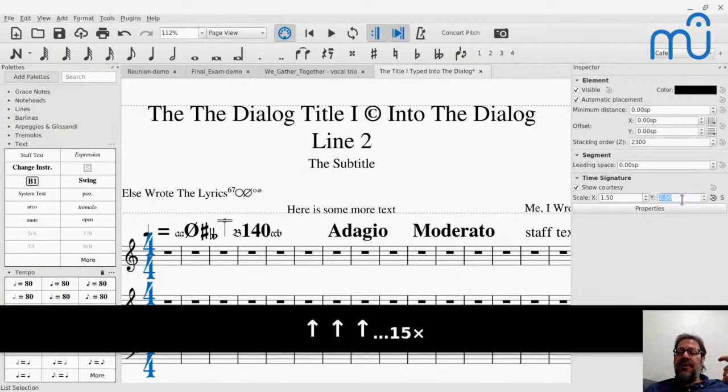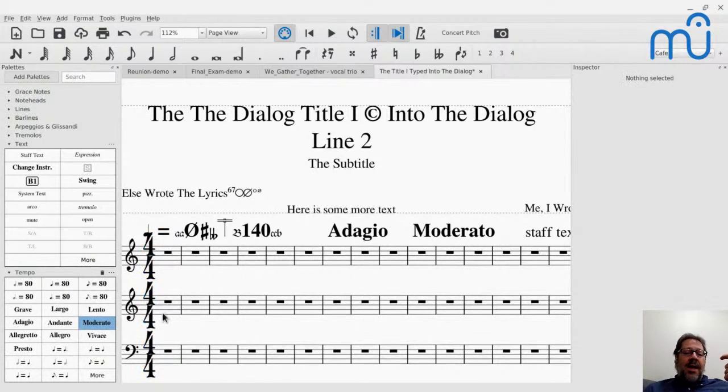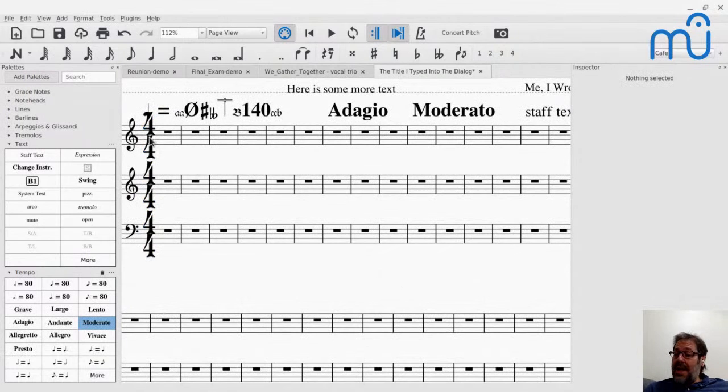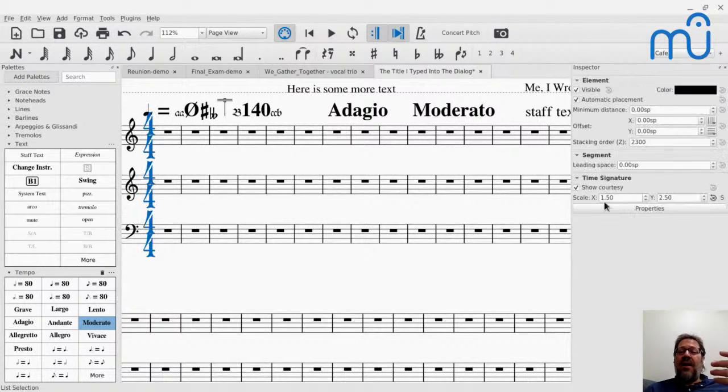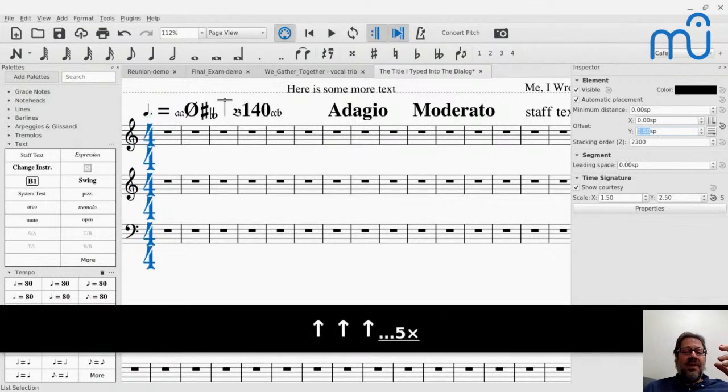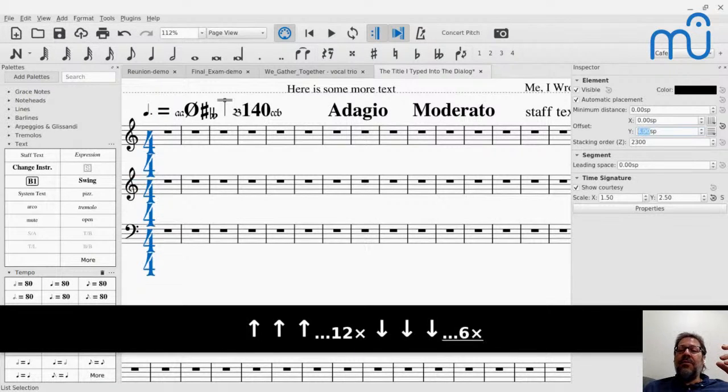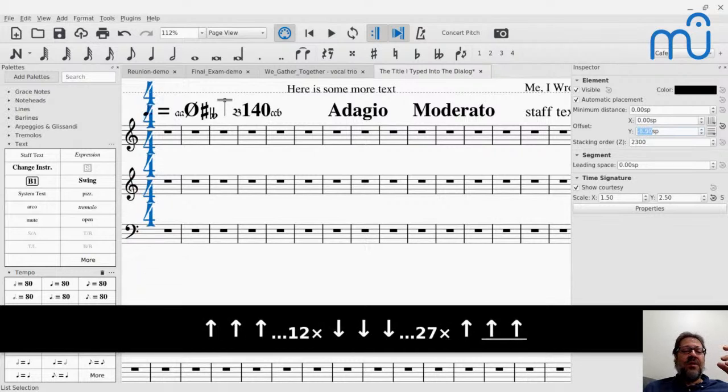And now I've got large time signatures, right? So I can have large time signatures already by using this. Now, there are limitations to that, like you probably want them to be between the staves and not on the staff like that. I know that's a common thing. So then you could also play with the position of these things and position them to be, whatever it takes to make them between the staves, I guess.